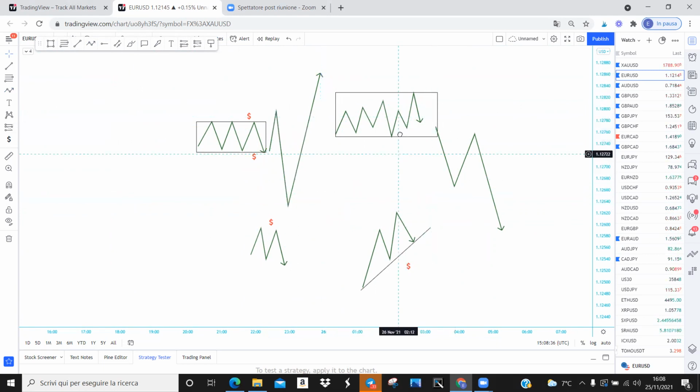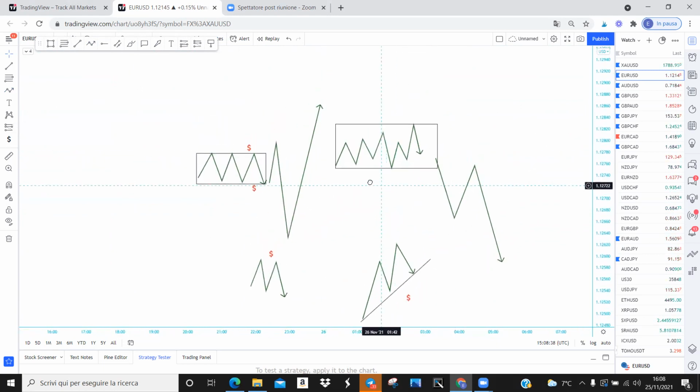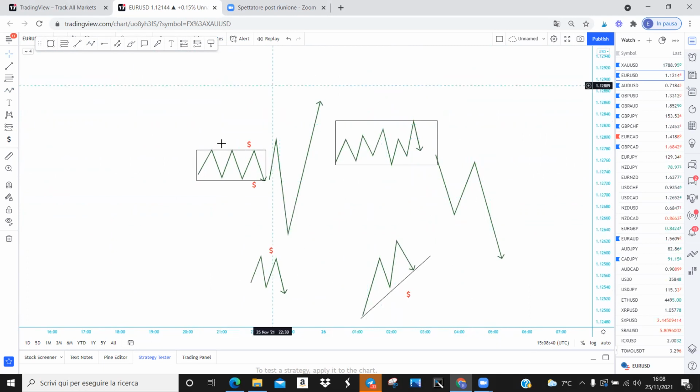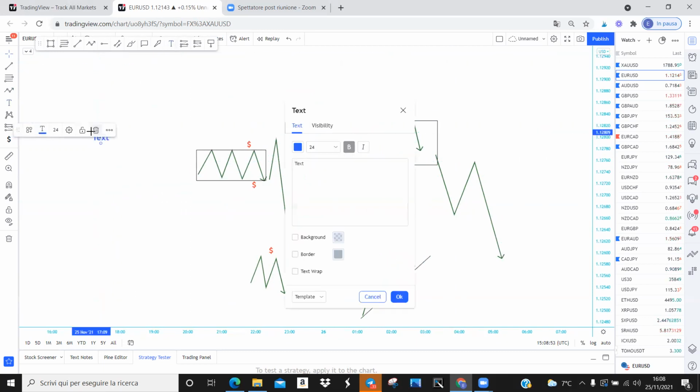So let me write all of this down for you. I know that if you don't use these together with an understanding of market structure, supply and demand, and liquidity, these don't really help you, but it's good to know these things in order to have an understanding of the market. So here with the Asian range,